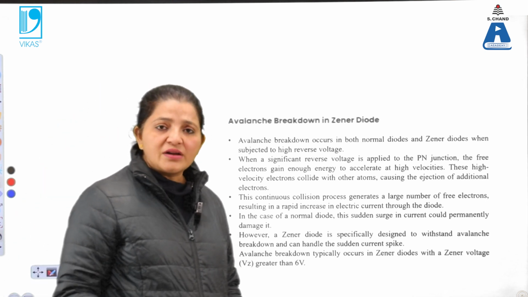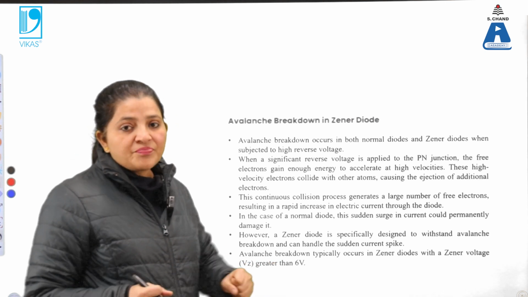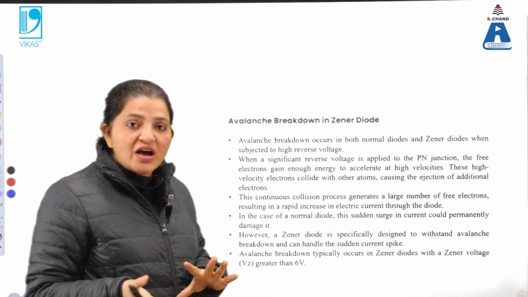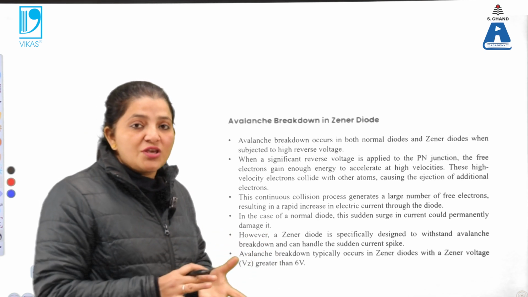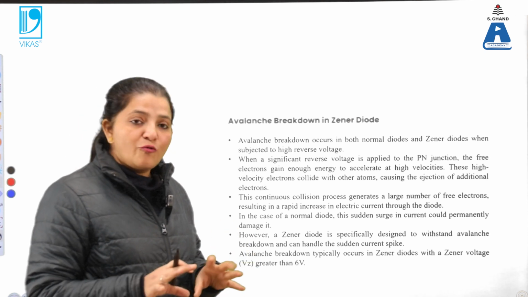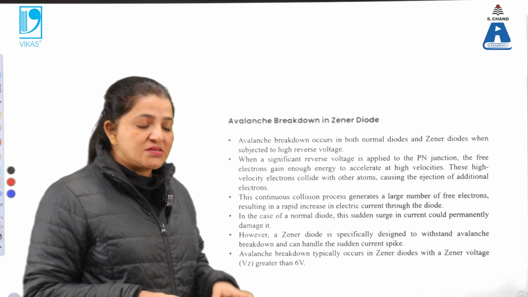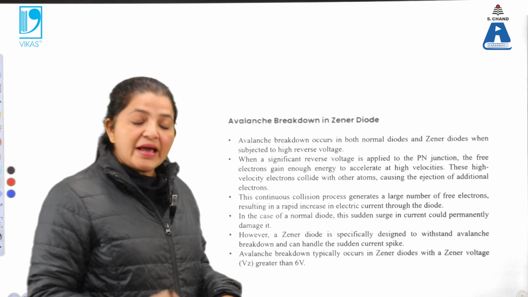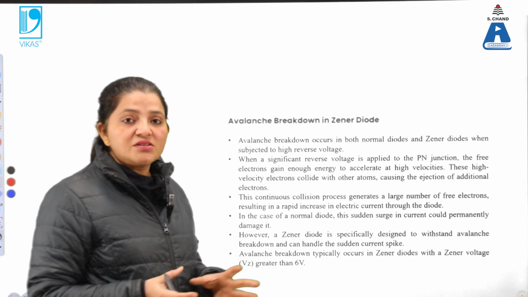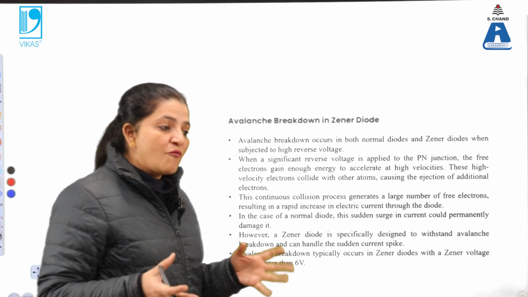So that means we know that after some voltage, when the voltage is quite high, the ionized charge carriers start diffusing from one end to the other due to the presence of higher voltage at the opposite terminals. That means when the P is connected to the higher negative and the N is connected to the higher positive, the ionized charge carriers will start diffusing from one end to the other.